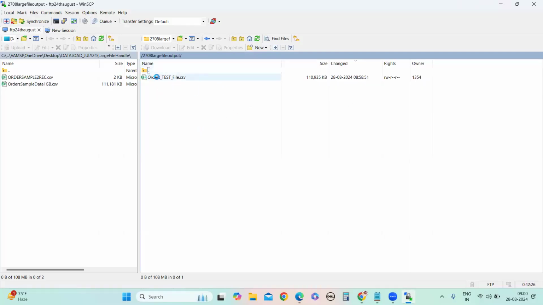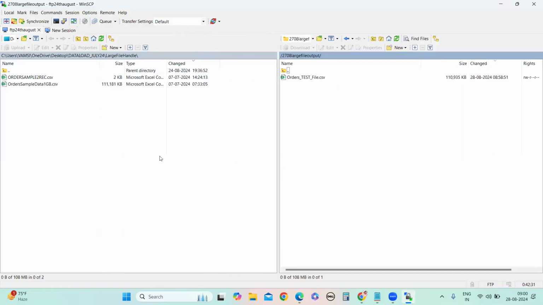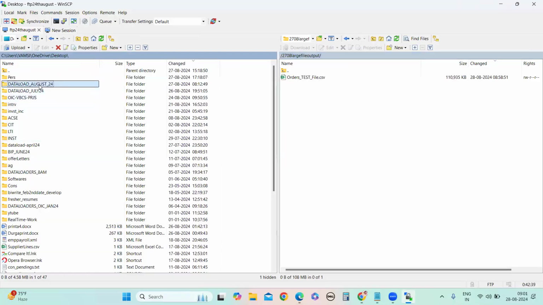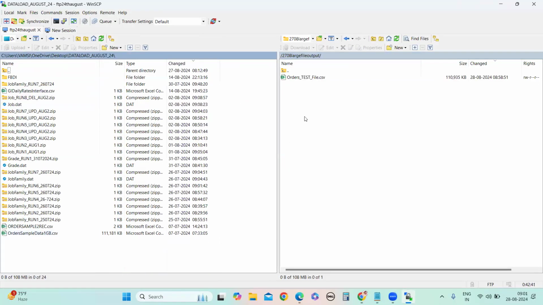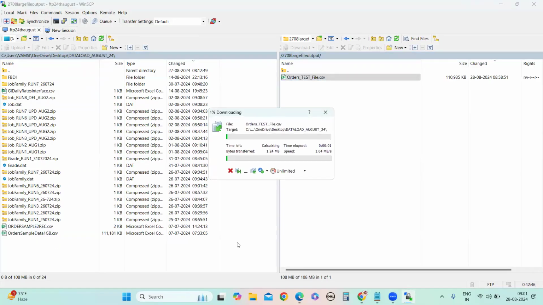Okay, so I think the file has been generated. So one more problem will be there, guys, after you download the file. August 24 order sample we can download here. Download the file from the third-party system where the file has been generated, the integration has completed. So now I am downloading the file from the third-party system and opening that. Let's see what the problem is. I can explain that.